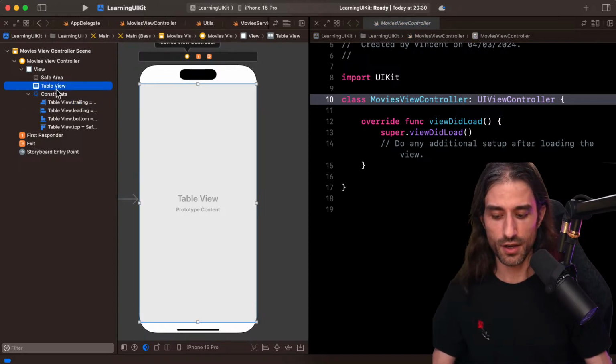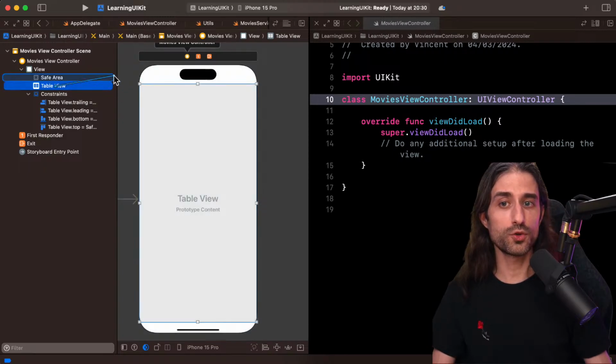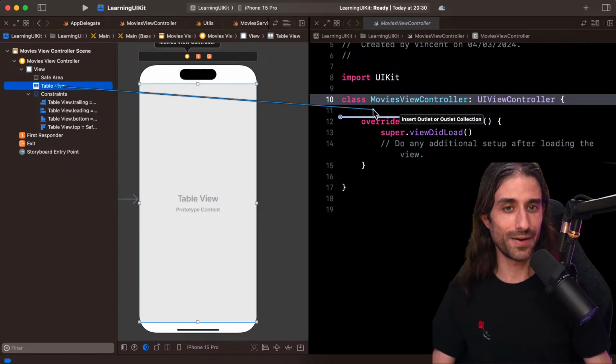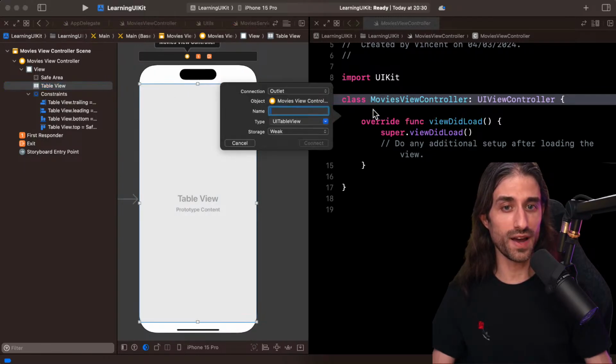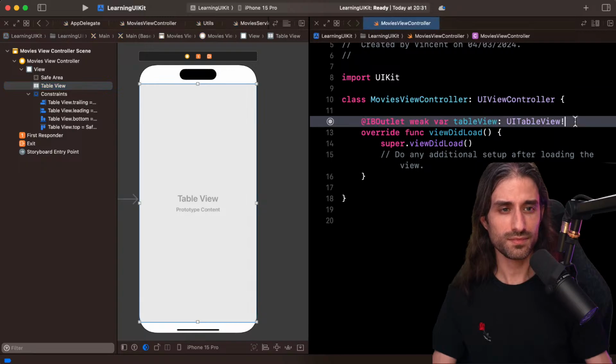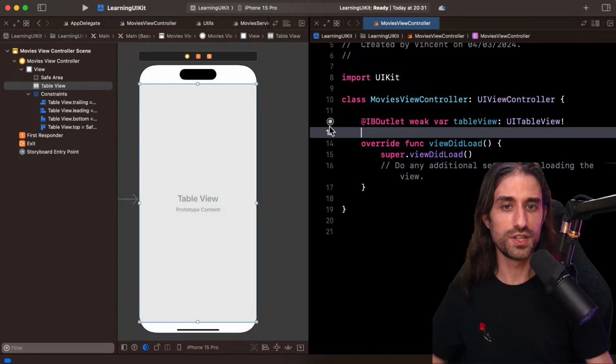The way you do it is that you hold the control key on the keyboard, and then you do what's called a control click. So you control click on the table view in the storyboard all the way to the source file. You let go, and you create what's called an outlet, an IB outlet, IB standing for Interface Builder, which was the original name of the UI to edit a storyboard back when it used to be a standalone app. So we can give a name to this property. I'm going to call it table view and connect it. So now I have this property which is connected with my storyboard.